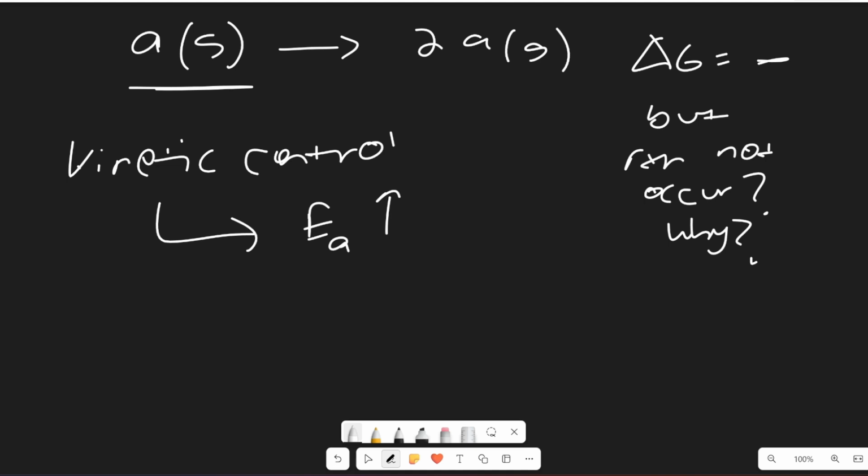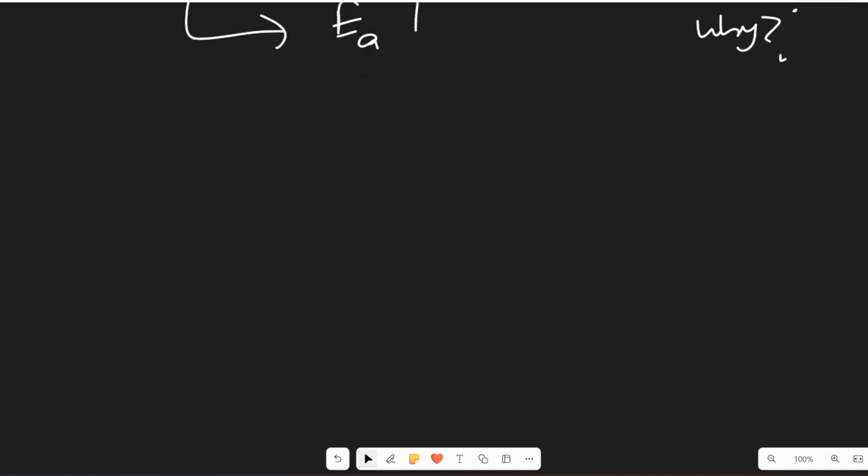So basically, if our delta G is negative but the reaction is not occurring, that usually means that we have a very high activation energy that we need to overcome, which is stopping the reaction from happening. And then one last thing that I want to go over real quick is that we essentially,